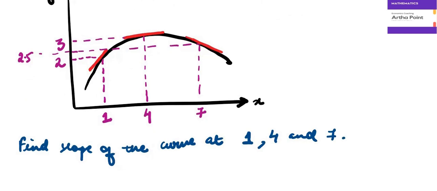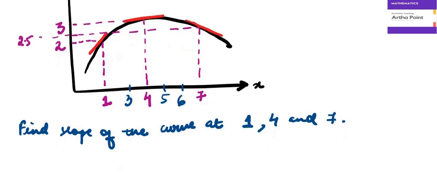Also, it is given to you that there are different points which are given to you. Somewhere over here, you have a point like 3. Somewhere over here, you have 5, you have 6. But tangents are not defined. This is all that is given to you.